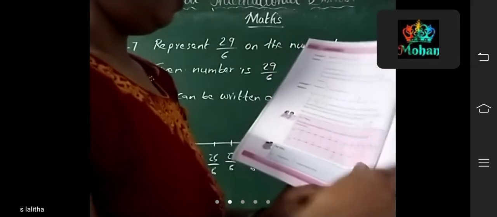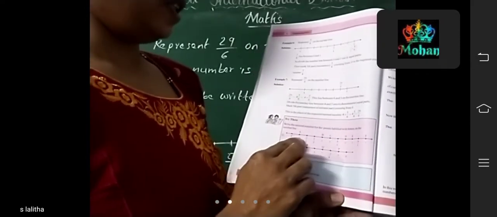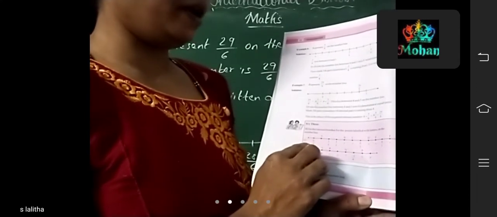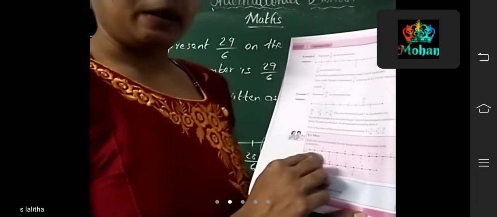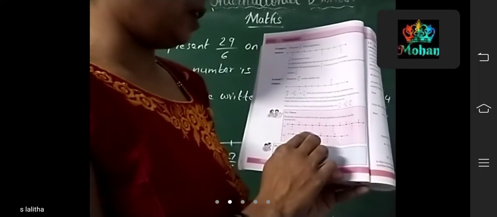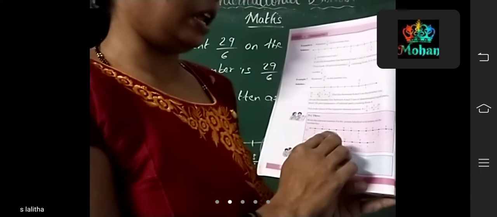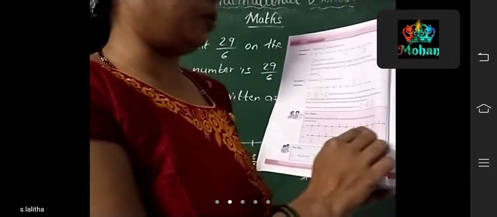Okay. So here the first one is 0 by 5. Here a question mark is given, that is A. What's the next number after 0 by 5? The next number is 1 by 5. Like that you should write. Okay, 2 by 5, 3 by 5. Next, B. What is B? 3 by 5, after that 4 by 5. Like that you should mention here.